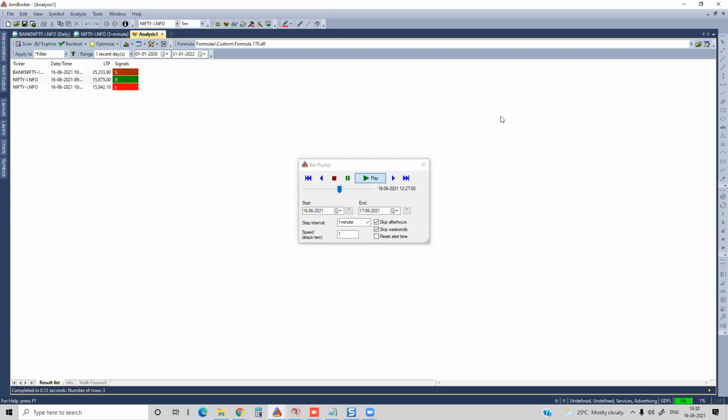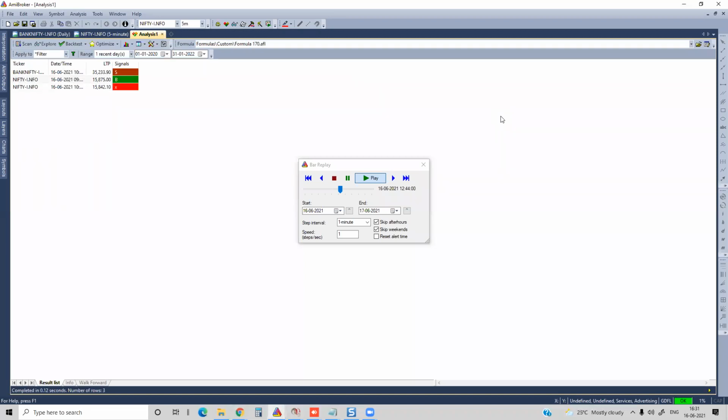This will keep on happening throughout the day. Throughout the day it will keep on looking for signals every 3 seconds. If it is charts, it will run in real time. But if it is a scanner in AmiBroker, there is a limitation. You have to run it at every 3 seconds interval.